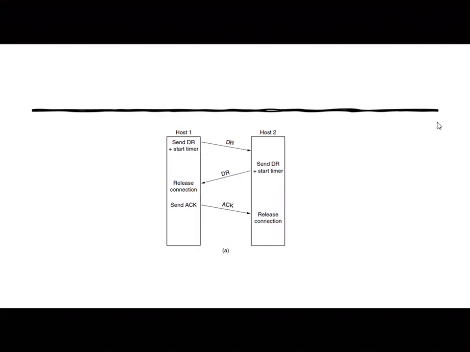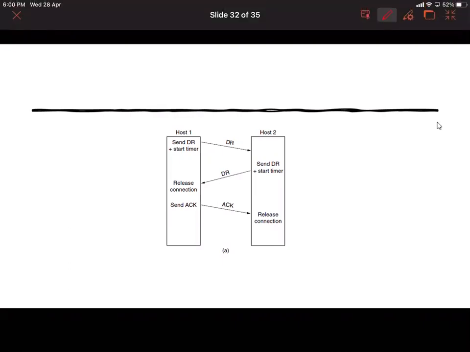When host 1 receives the connection release, it releases the connection and sends an acknowledgement. When this acknowledgement is received at host 2, it releases the connection. So both parties will be releasing the connection only when they receive the confirmation from the other party.